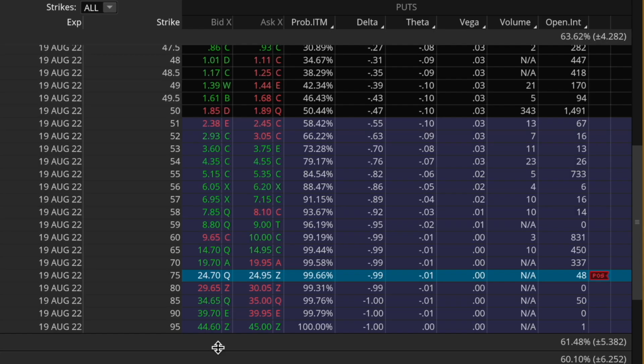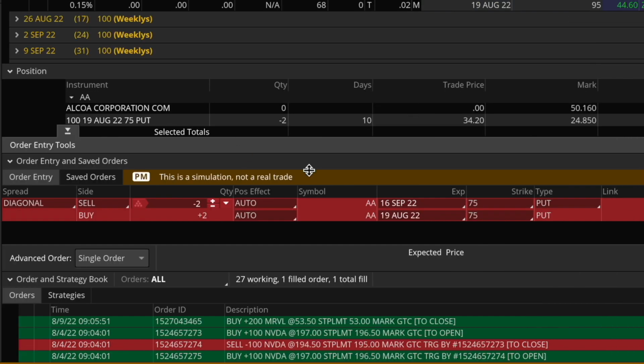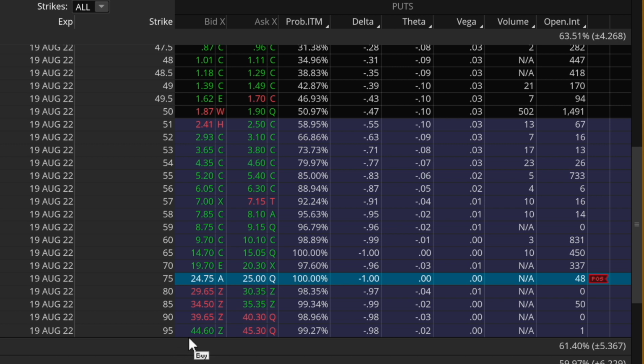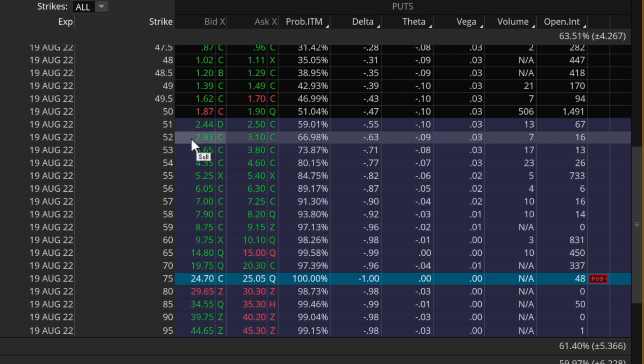And in fact, because the bid-ask spreads here are so wide, I actually have to pay a small debit to roll these contracts. However, because earlier on in this trade, I was able to roll these contracts for additional premium, that did help somewhat and reduce my cost basis on this trade further. So basically at this point, my break-even point on this trade, if I did get assigned on the stock, would be somewhere around 69 bucks per share,